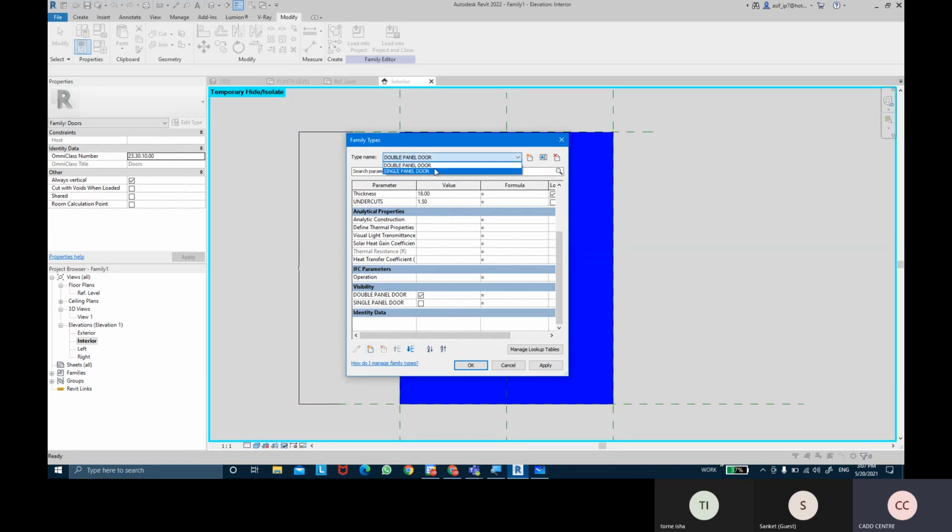When I'm in the single panel door, the single panel door should be on and the double panel should be off. And then I'm going to click on apply. So now it will be working perfectly. So you can check this out. You can see in double panel, we have the double panel door active, and in single panel, the single panel